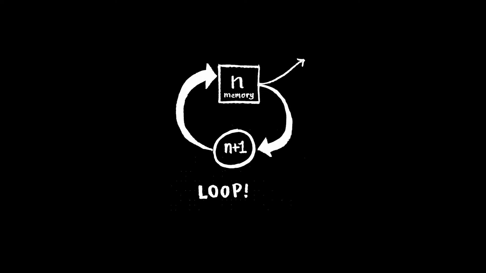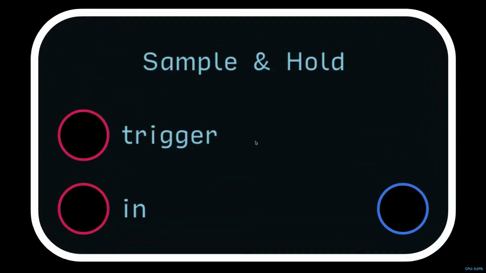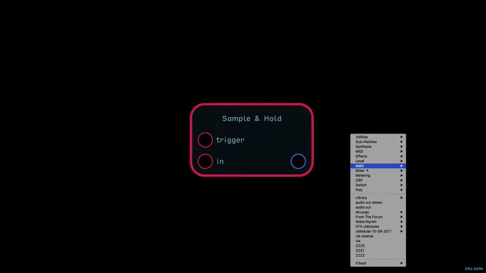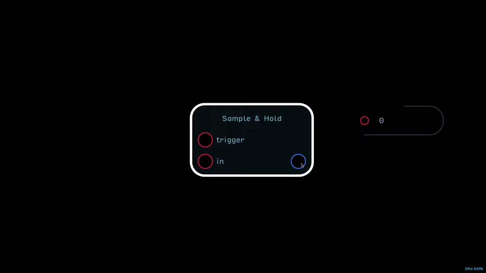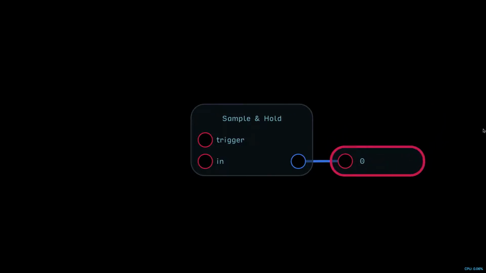Let's start this rolling with a sample and hold node. That's going to serve as our memory and a value meter so we can see what the current state of the sample and hold node is. We can see currently the value is 0, and my first trick is to count up to 7 and have